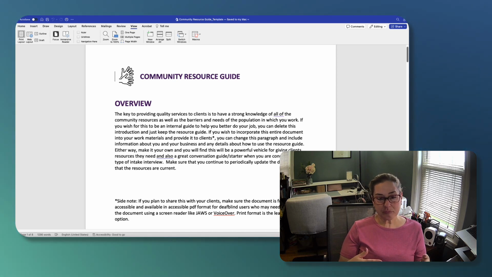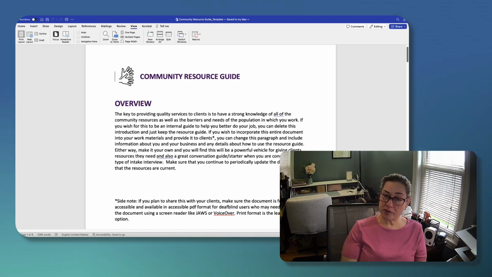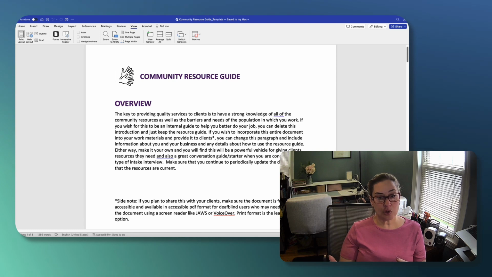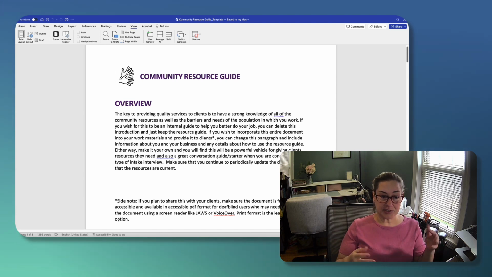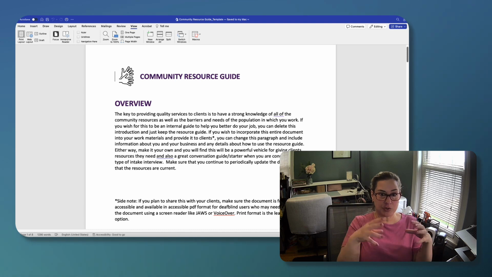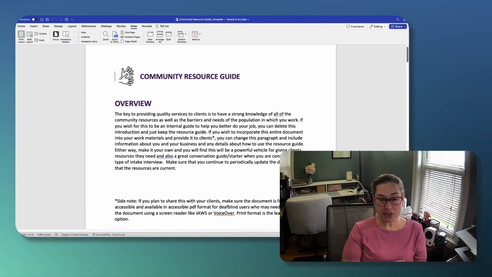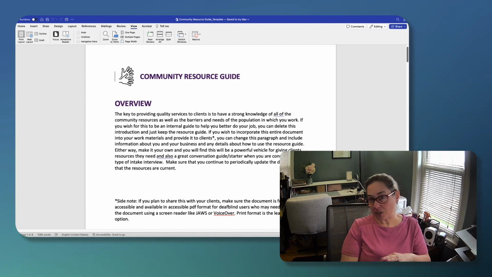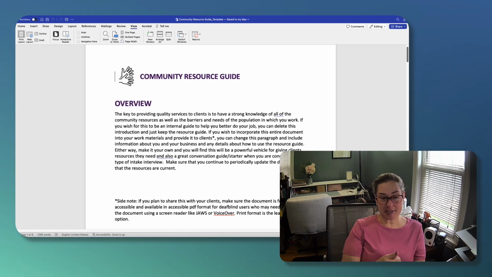So most of those clients are going to be using things like JAWS or VoiceOver or some other digital tool, or they may just use their phone or their laptop or an iPad and access the digital format and be able to pinch and zoom so that they can magnify the page or change the font, change the background. There's a number of things they can do if they have the digital version that's accessible.